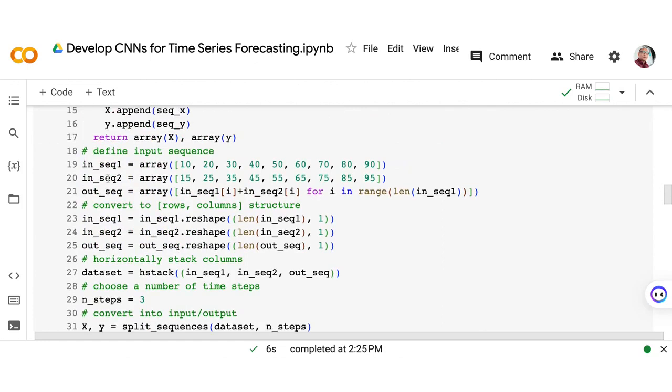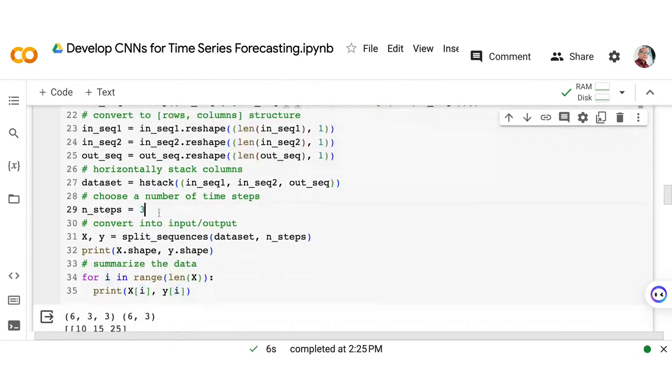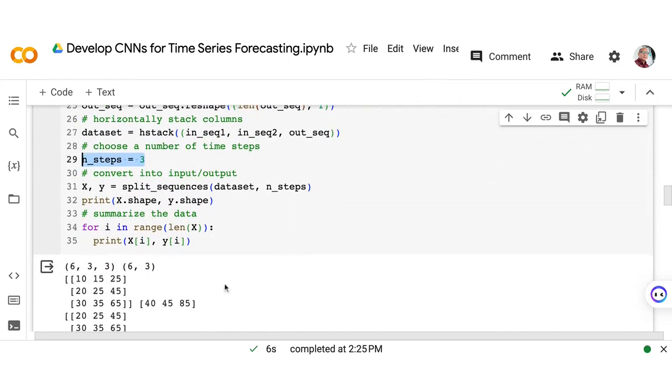Now, as you can see here, we have input sequence 1, input sequence 2, and output sequence that are the sum or the total of the concatenation of the input sequence 1 and input sequence 2. Now, as you can see here, the number of steps is defined as 3, and then we have the following output here. We have 6 by 3 by 3, which means we were able to have, for our data set, 6 samples.